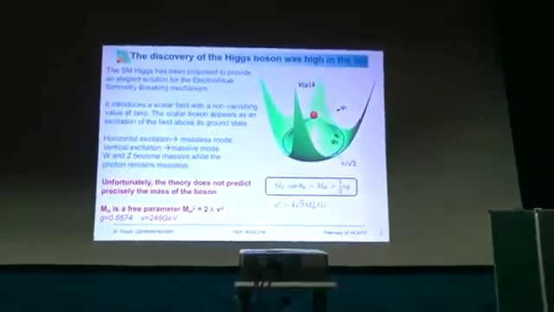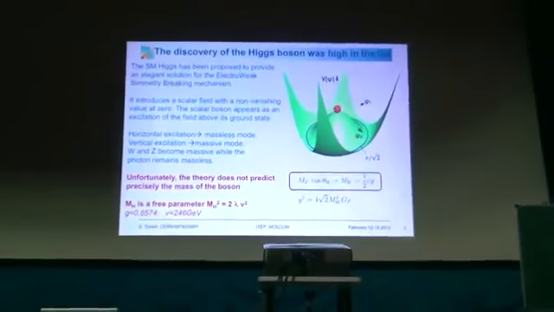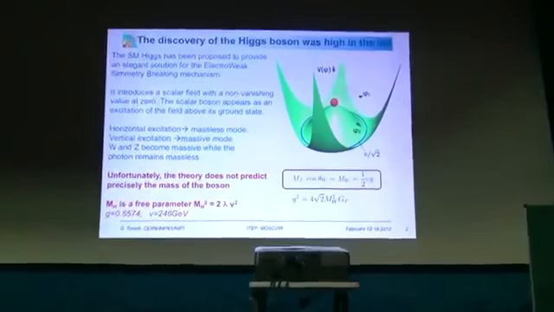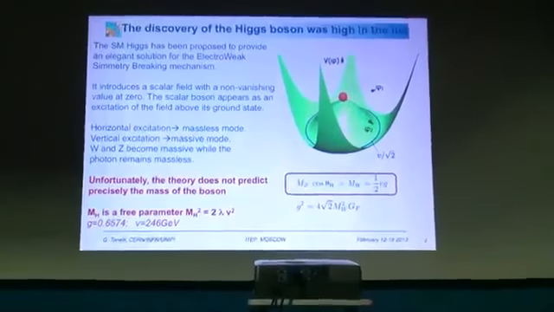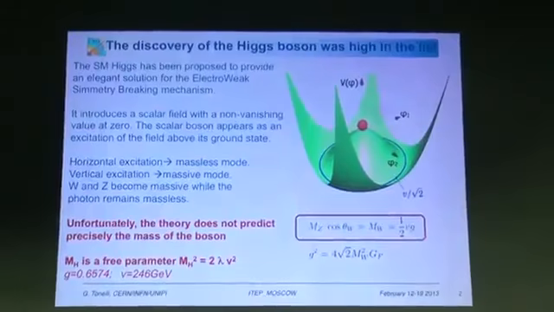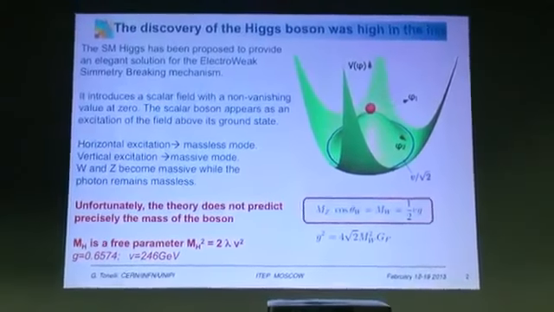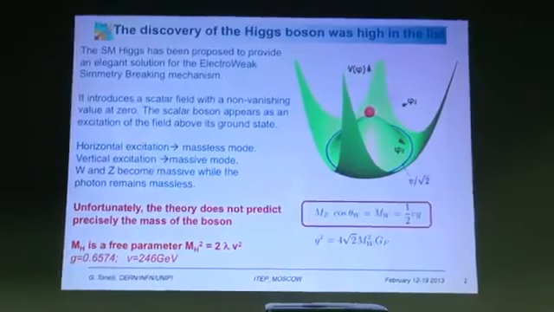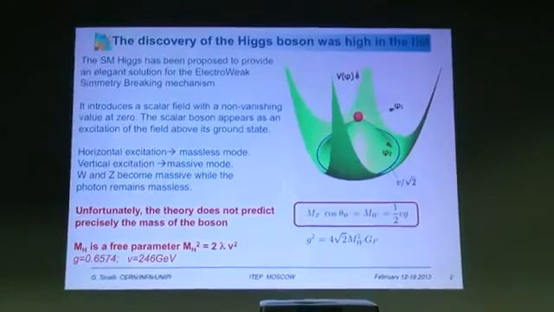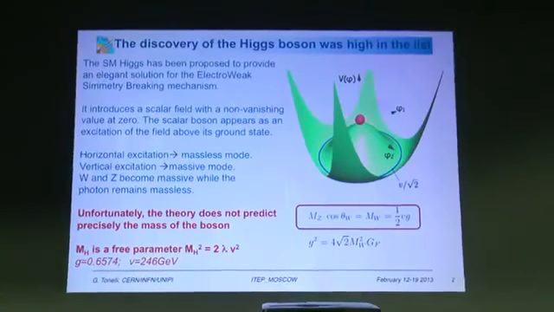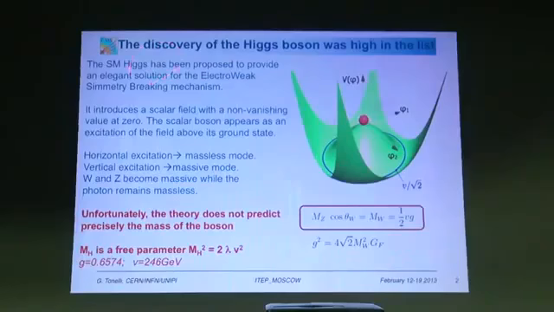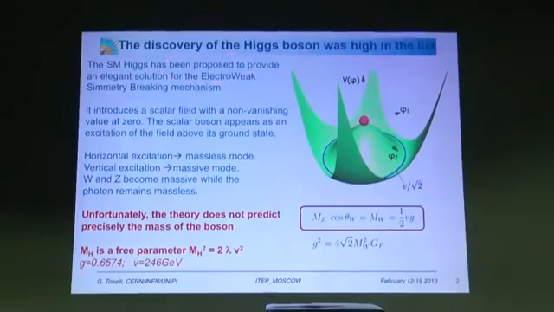I have to remind you that the discovery of the standard model Higgs boson was basically the highest priority goal of the machine, LHC, and the experiments, ATLAS and CMS, that were built to discover new physics in general, but in particular to solve in one way or another this issue. The Higgs boson has been proposed to provide an elegant solution for the question of the electroweak symmetry breaking,